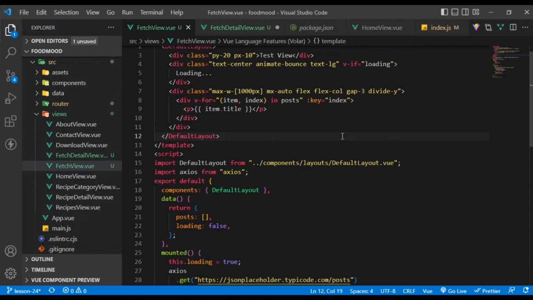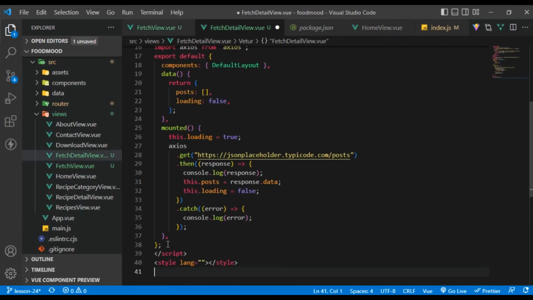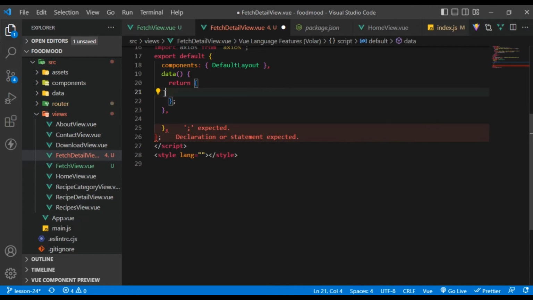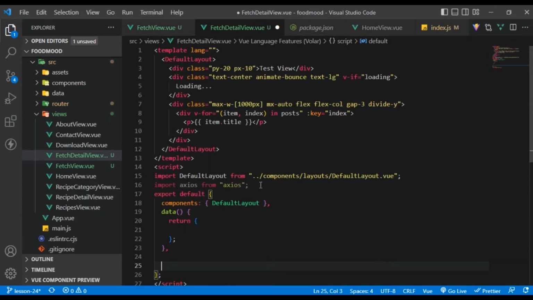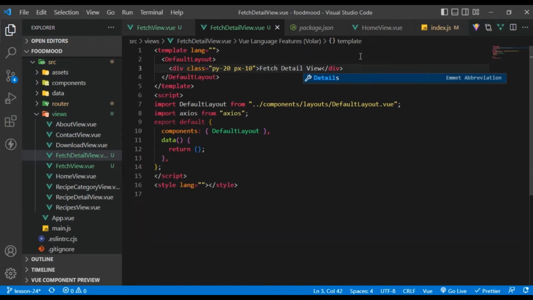I'm going to copy everything we have right here, and I'm going to paste it here. We don't need this actually, so let's just quickly clear that up a bit. And another thing is I'm going to make use of Axios. We don't need this, and we're going to basically say FetchDetailView. All right, so let's quickly add that